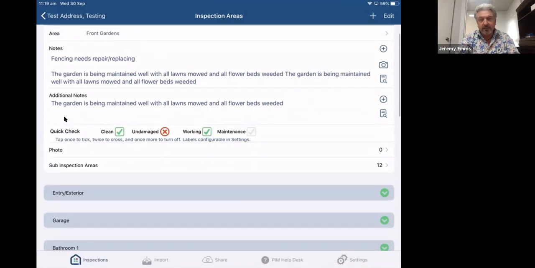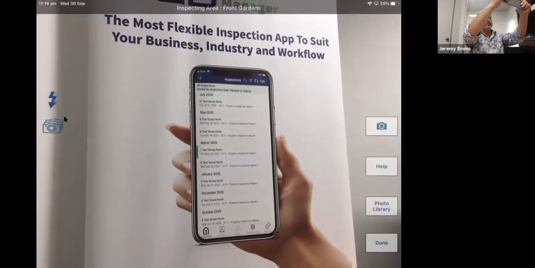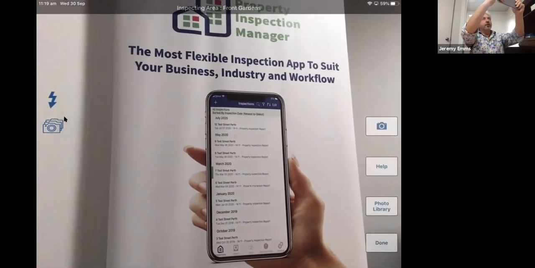Final thing in here is taking photos. So what I want to do now is press the photo bar and up comes my camera. And please excuse the highly entertaining office. There are two cameras within Pim. There's the one that appears on the right-hand side of the screen.